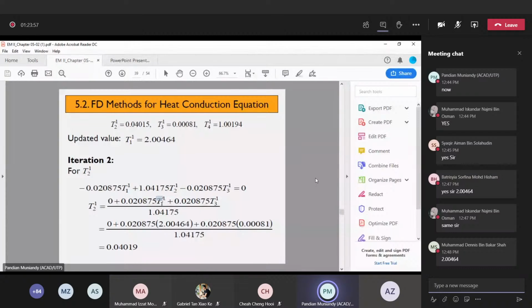So T11 is the updated one, not the previous one. T11 is 2.00464, and T13 is the previous one, this one, 0.0081. So you simplify, you should be able to get